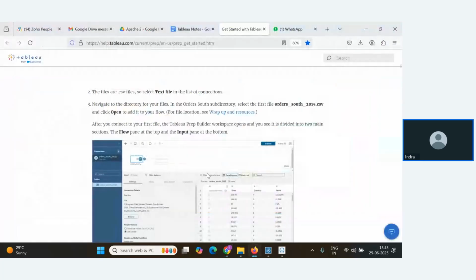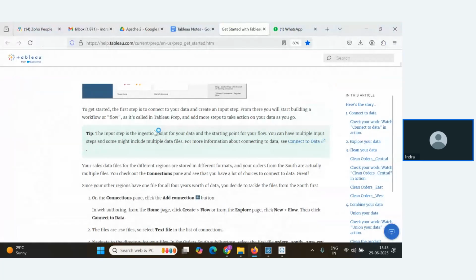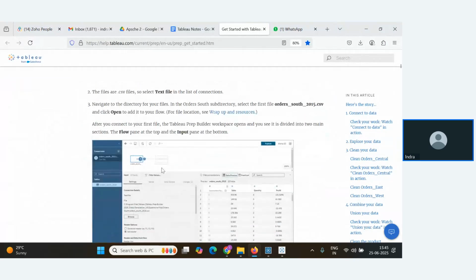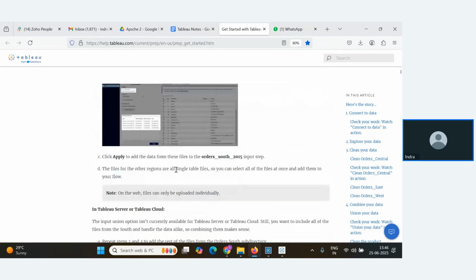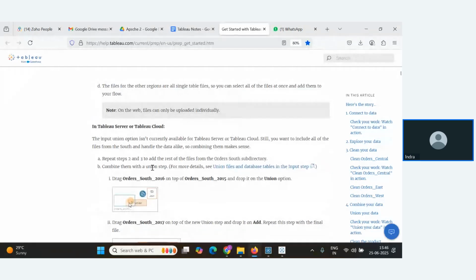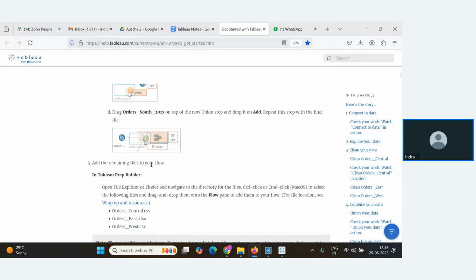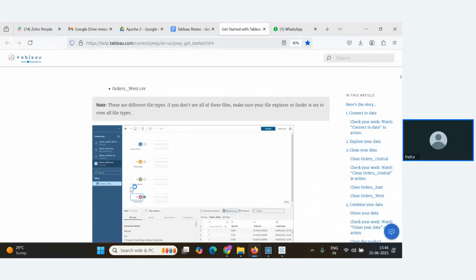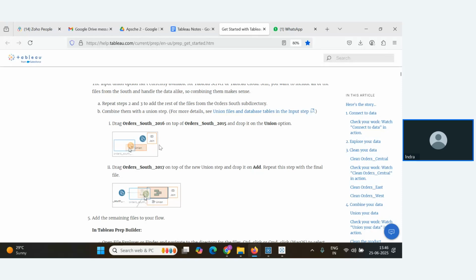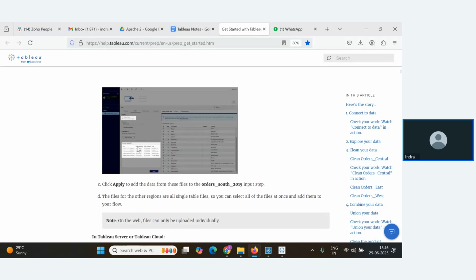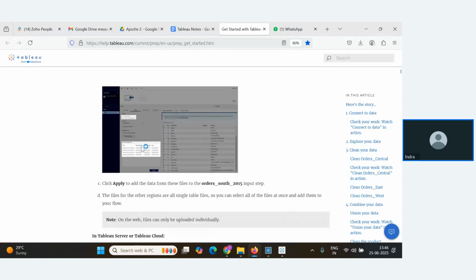Okay, and coming to this particular reference document that I've already added in your doc file, you can see all the steps we have done here. First, we have taken the south table. We have performed the union operation between them, right? Then we have used this kind of operation. We have combined other tables also. Okay, this was also an option, guys, to combine the different regions. But I think that was pretty much more easier. This option was more easier.